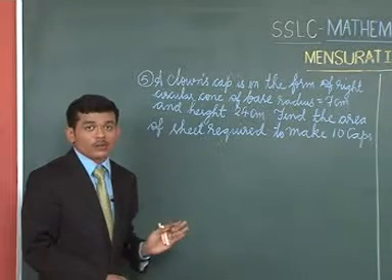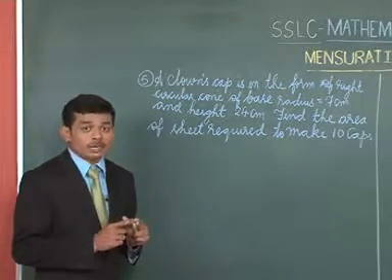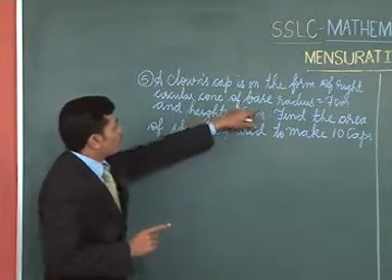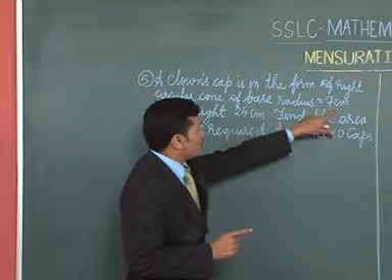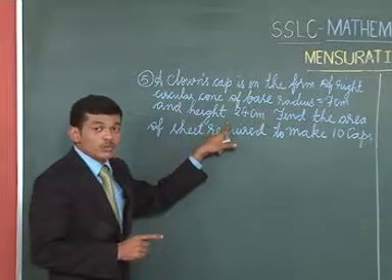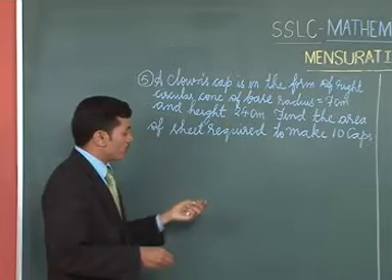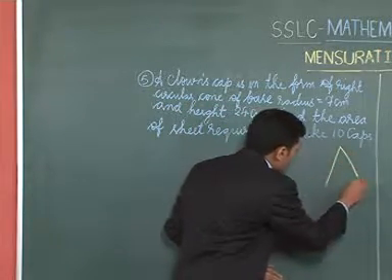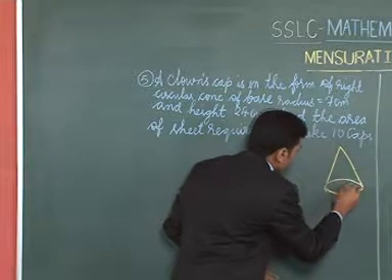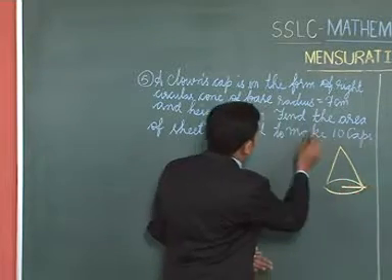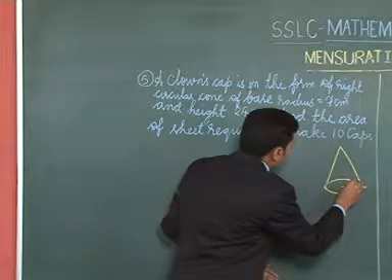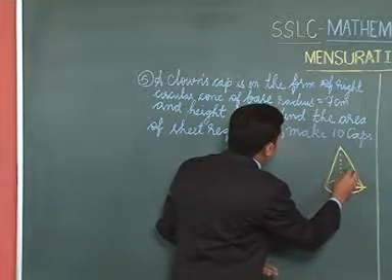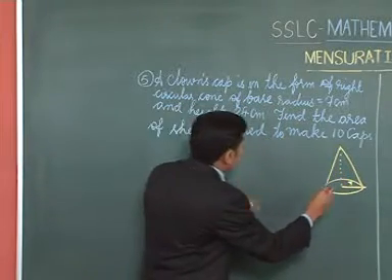Here they want to prepare 10 caps which are in the shape of a cone with dimensions of the cone where the base radius is 7 centimeter and the height of the cone is 24 centimeter. So they want to prepare the cone of base radius which is equal to 7 centimeter and the height of the cone should be equal to how much? 24 centimeter.